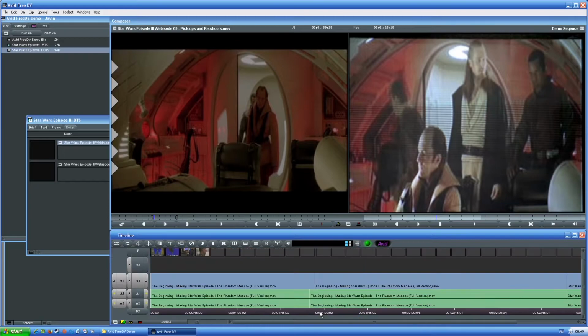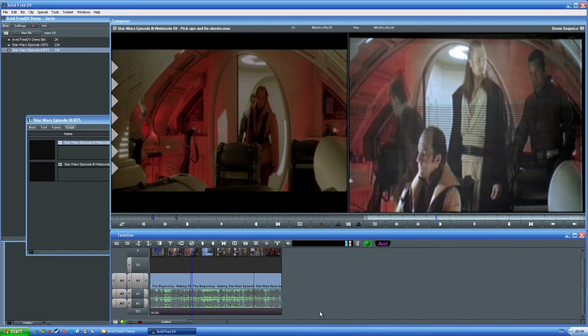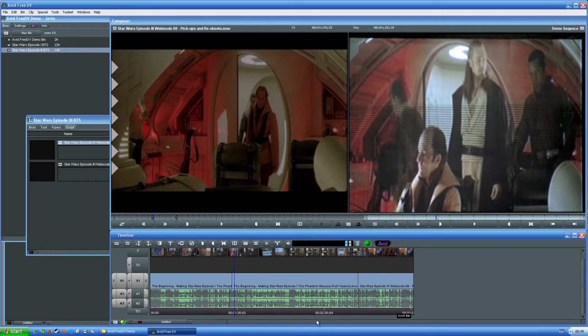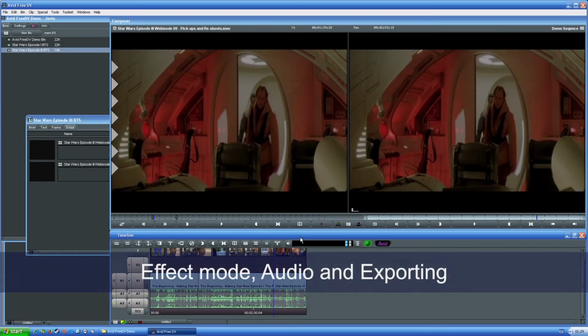And I think that looks pretty alright. And there you go. So these are the basic ways of doing the trim, some basic edits in Avid Free DV. So in the next segment we're going to talk a little bit about putting effects on and how to adjust some basic audio. Alright, so just before I start this new segment about the effects mode, audio and exporting,